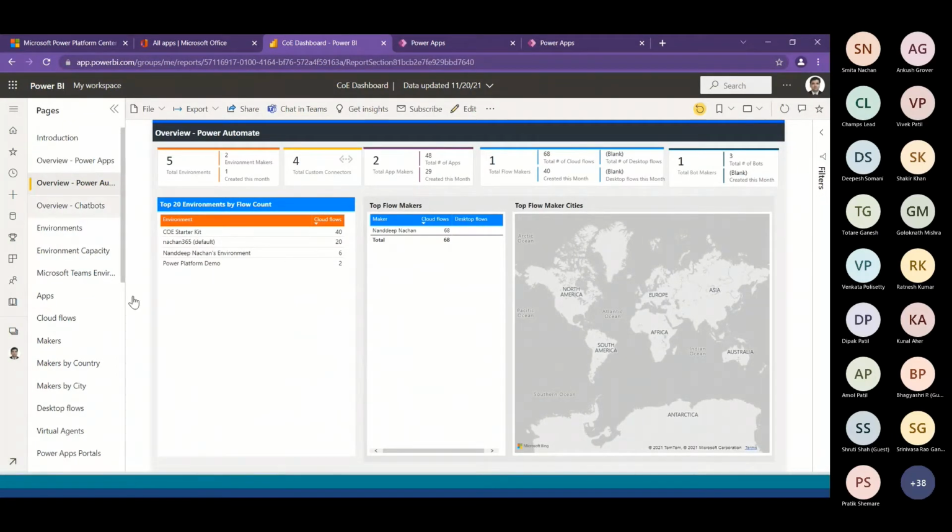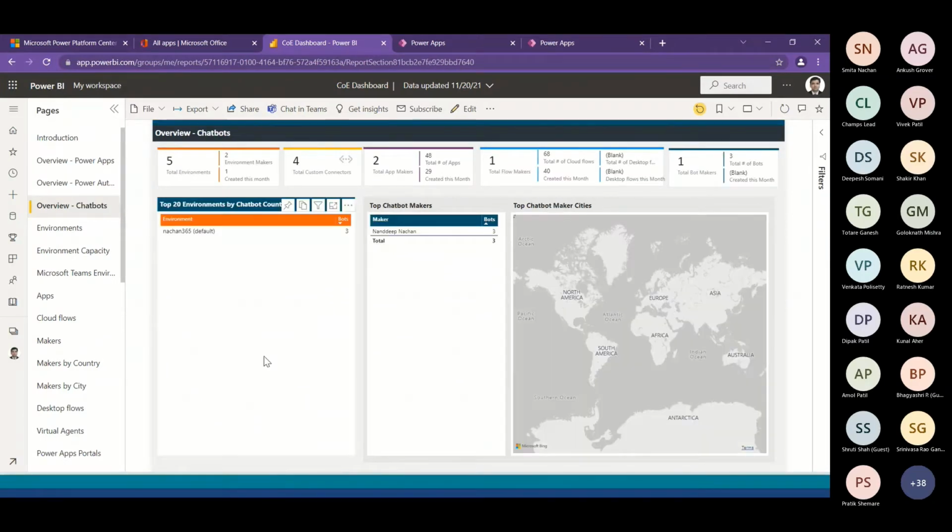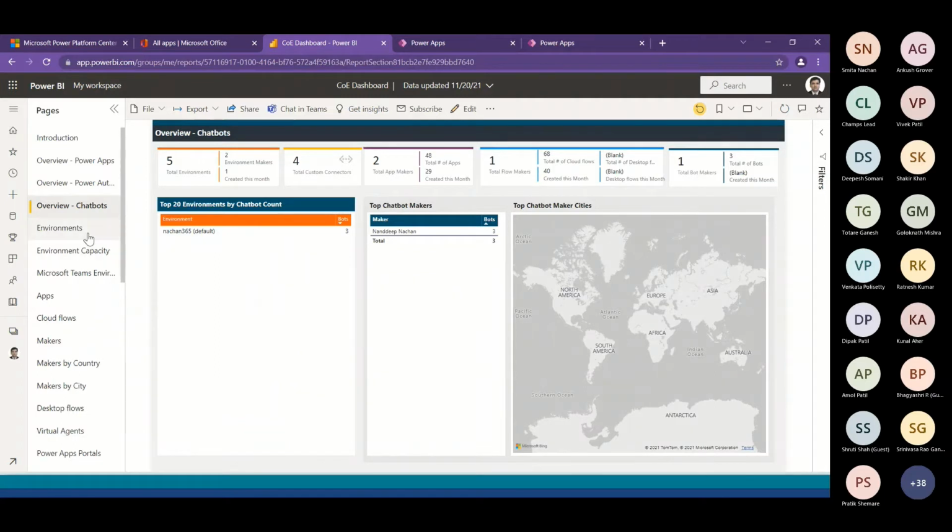Thirdly, we have chatbots, which is nothing but PVA, Power Virtual Agents. This dashboard will give you information about the existence of chatbots throughout all of those environments, and who those makers are, and probably if needed, we can have a conversation with them. And again, this section will give the entire